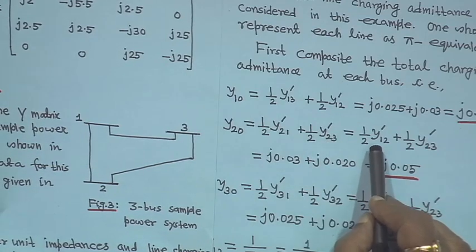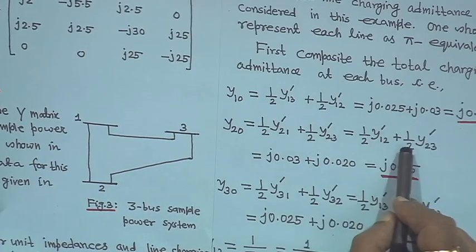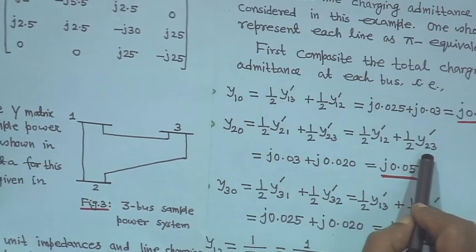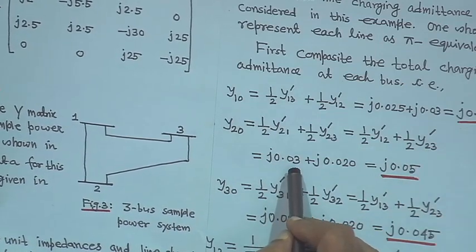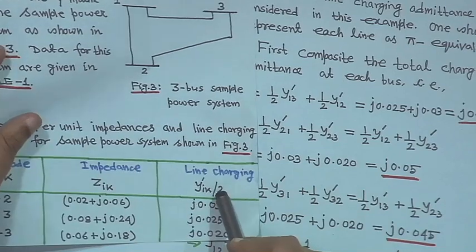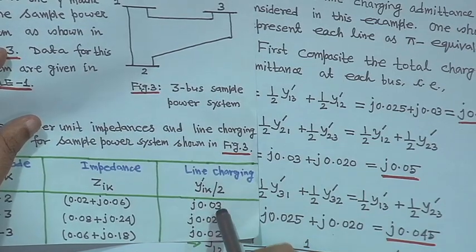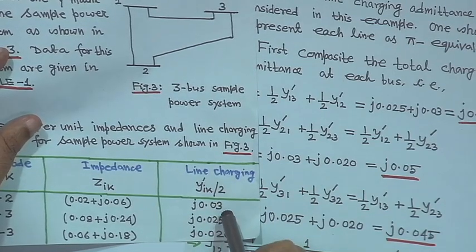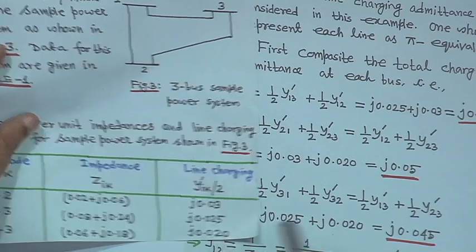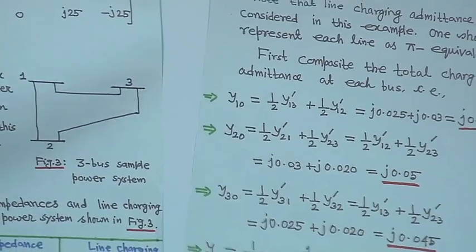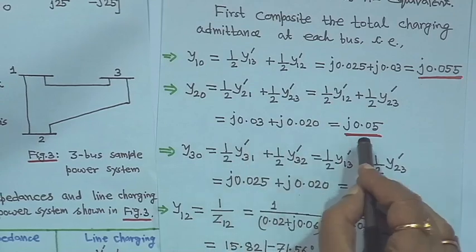That is why I am writing y20 equal to half y dash 12 plus half y dash 23. It is j0.03 given, and j0.02. Already y dash ik by 2 is given, this is actually the half value. So do not divide it by 2 further, do not do this. This way you will get y20 equal to j